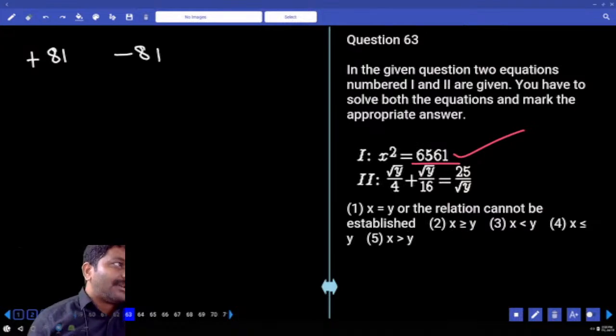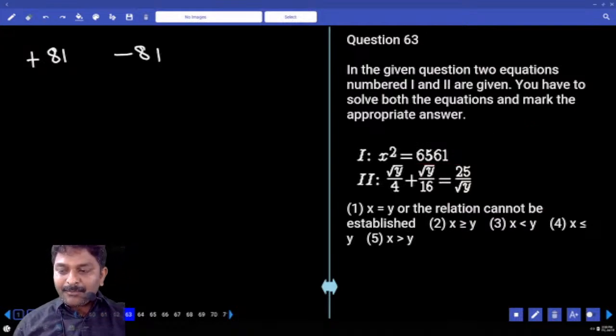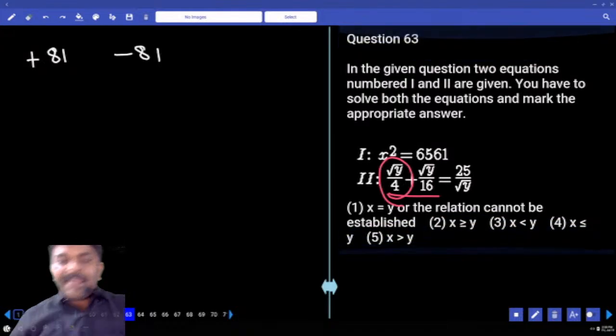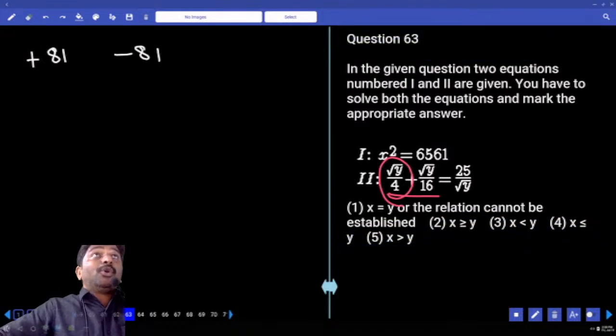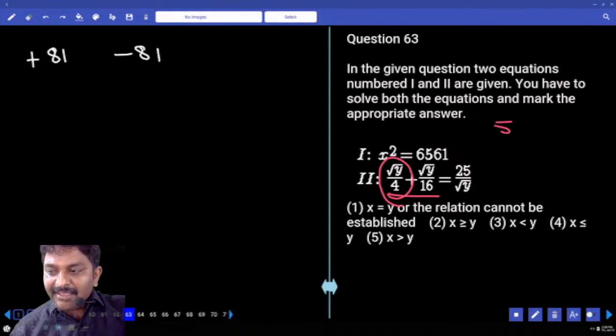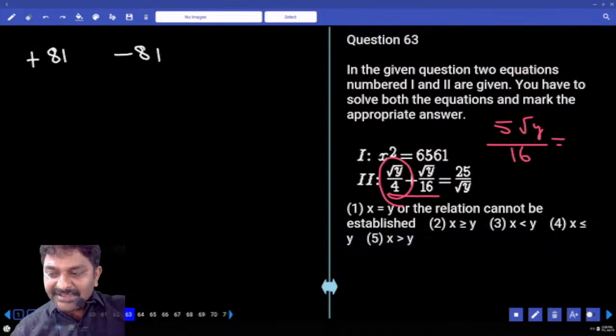X is equal to plus or minus. This is very important, because exponent is even, it is a square. Right. Now, I want to make left hand side denominators equal. So 4 root y I want to write as 4 root y by 16. Yes. 4 root y by 16 plus root y. That means 5 root y by 16 is equal to